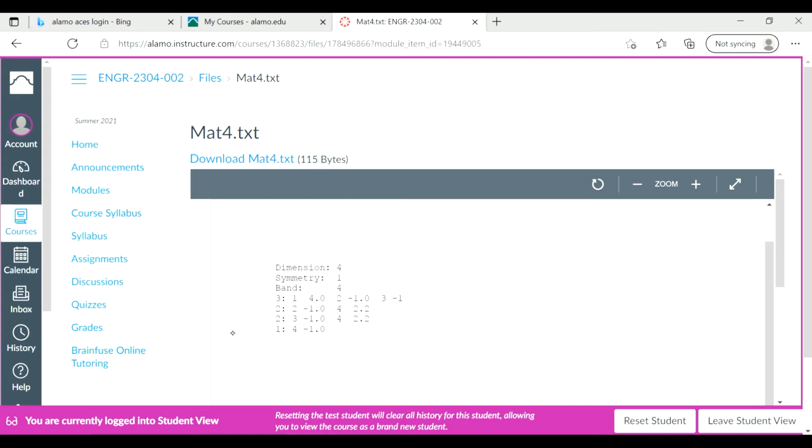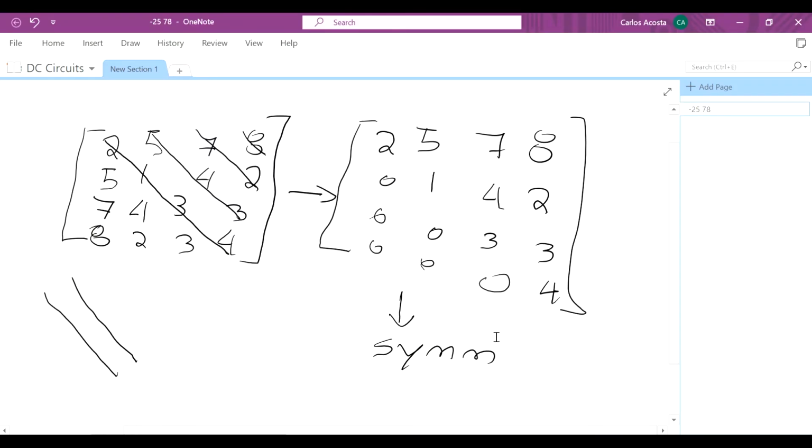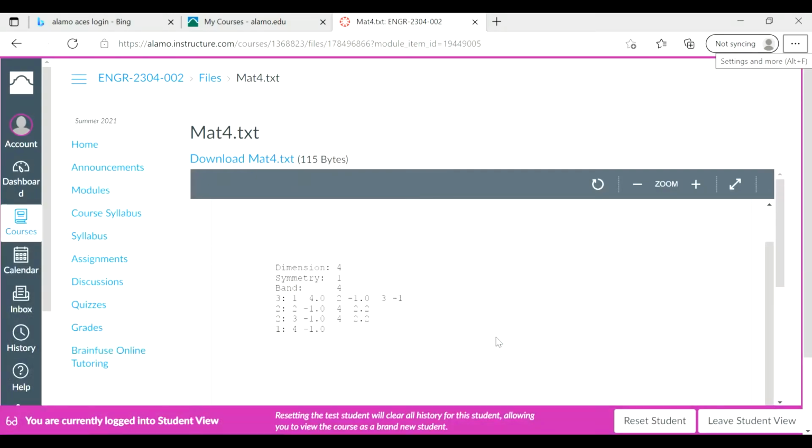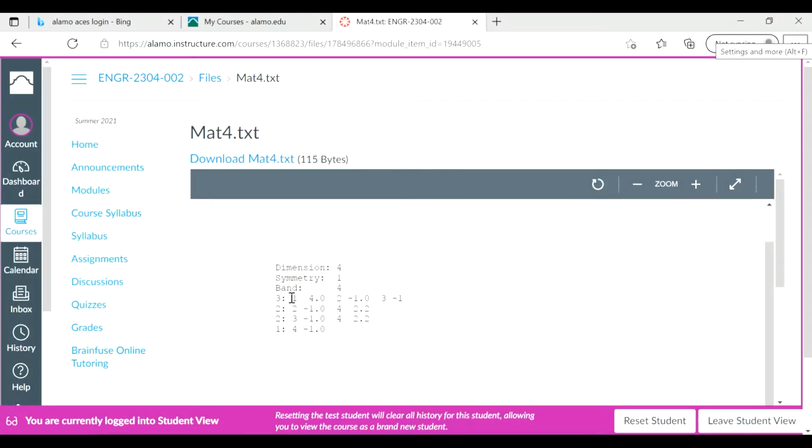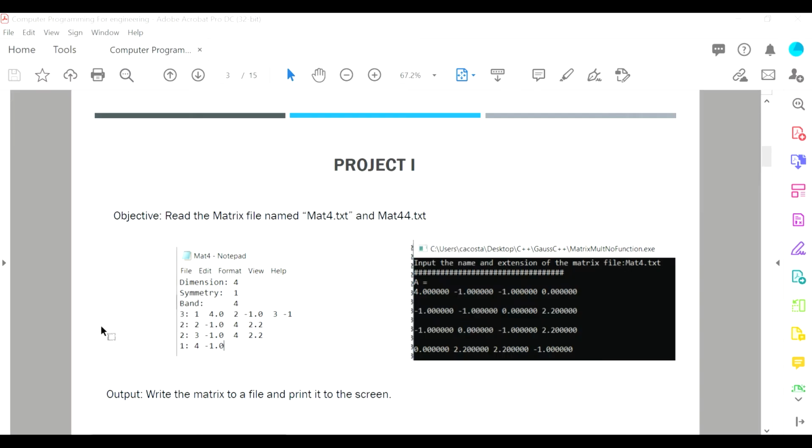So how you read this matrix is the following. So let's go back to our notebook. So it says that we have in the diagonal, so how this works is that it will tell you, okay, the dimension is 4, the symmetry is 1, it means it's symmetric. If you notice, it's symmetric because here you have